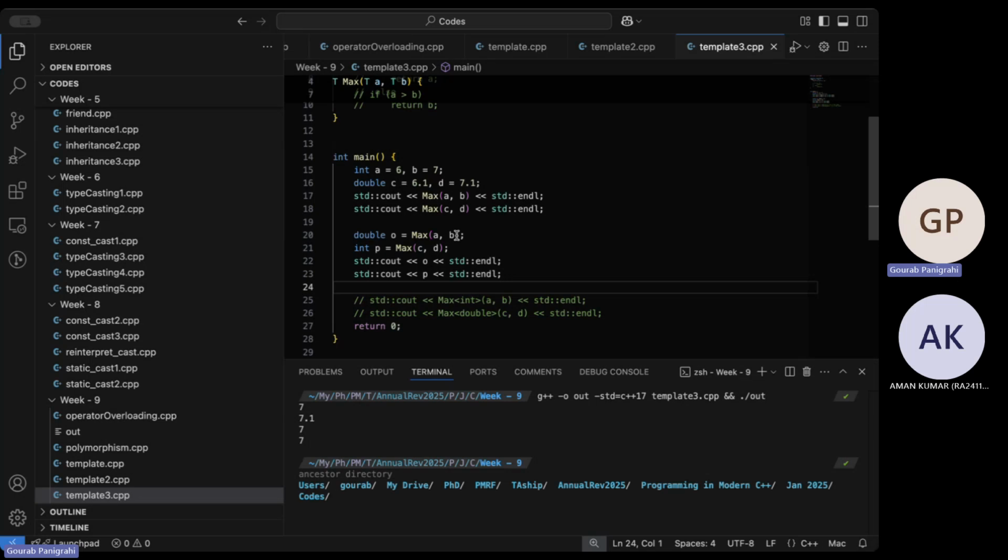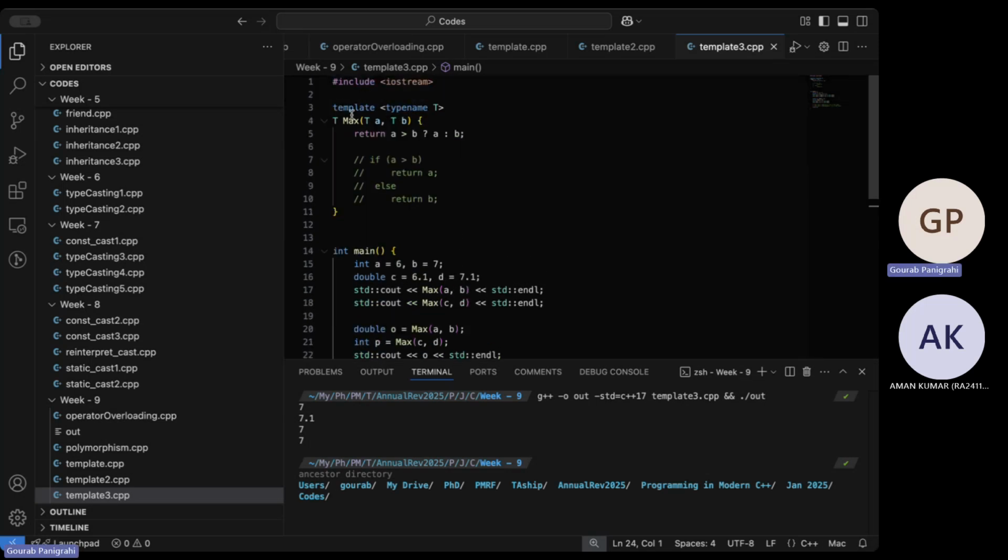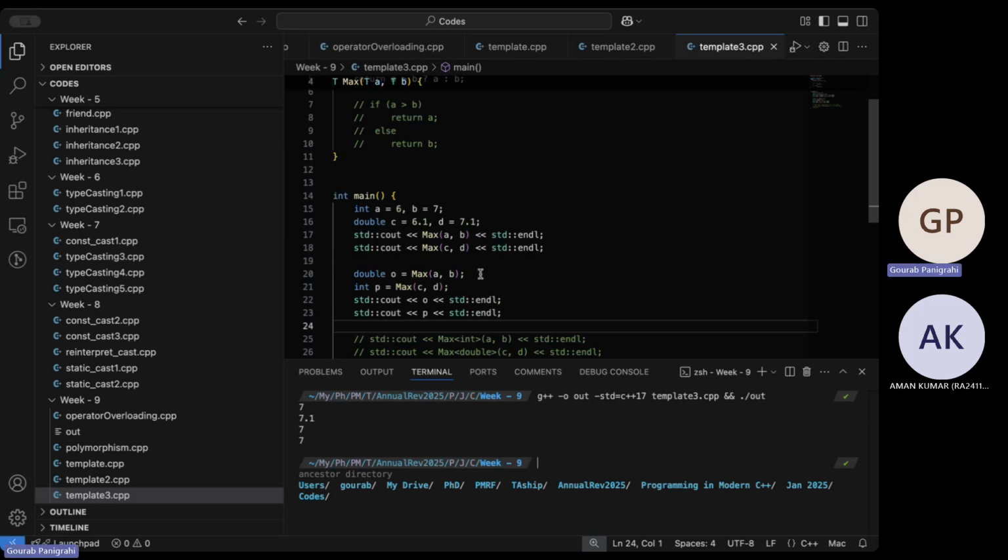In A and B, it takes integers, yes, and the max of it is 7, right? The return type will be integer because that's what the template says. But when I say it is a double O, then here there is an implicit casting happening where an integer is being stored into a double.